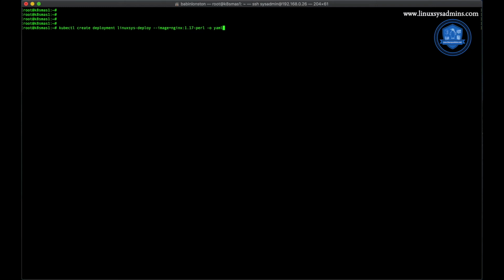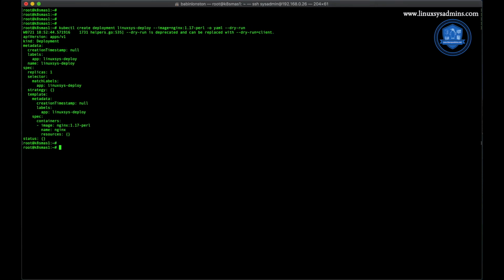So if you don't want to create it and only want to see the code, then you should use --dry-run. This is similar to some of the Linux commands where we run a dry run. Okay, so this is how you can see the code.